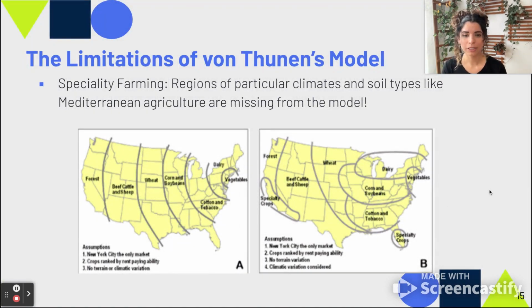And then now we have specialty farming. So we do have regions that, because of climate or because of that particular soil, are specializing in a particular type of agricultural product. That was something that he did not